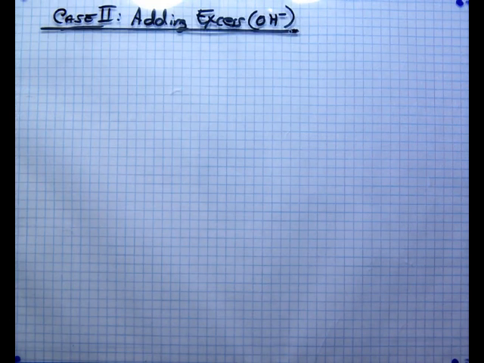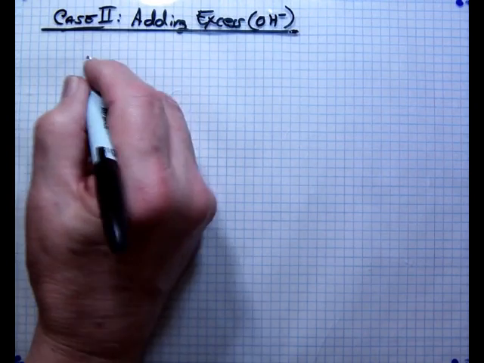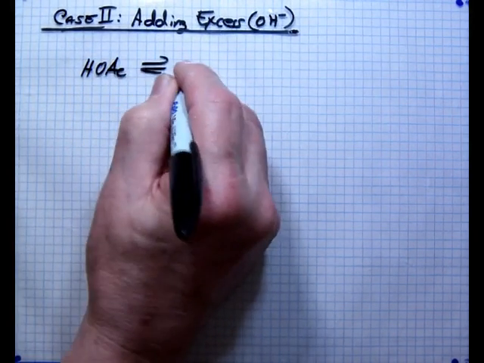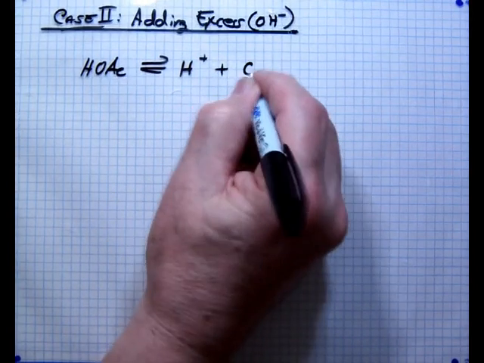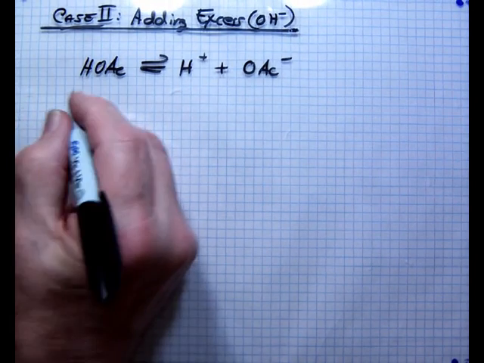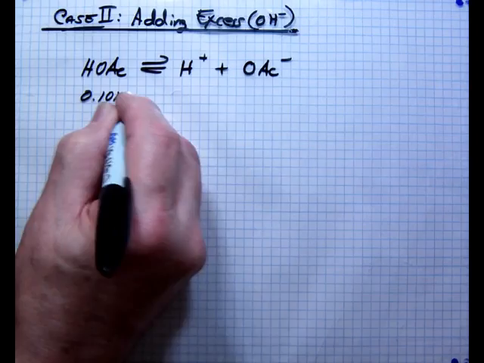Okay, now let's look at adding an excess of hydroxide to the same 50-50 buffer system. See if I can remember to put the 4.74 in the right place this time. Okay, so what's happening in our system? HOAc still ionizes to the hydronium ion and the acetate ion. And if we start with a 50-50 buffer,